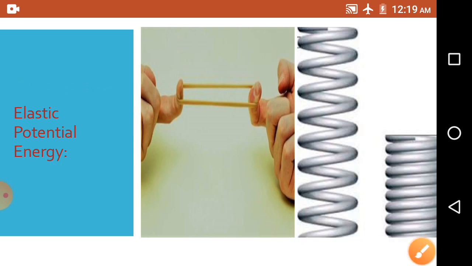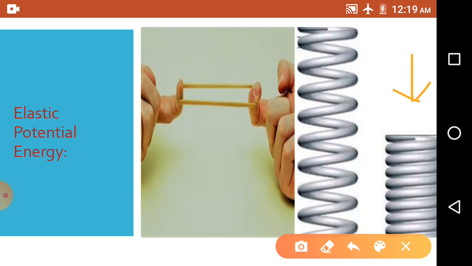The same thing is true for springs. This one is the spring in the equilibrium state, that means there is no force. But whenever we push the spring, it comes to this kind of shape. Now the spring is able to get back its original shape, and there is a restoring force working on the spring. Whenever the spring is at this position, it is able to exert a force and do some work. So it has some energy, and that particular energy is called the elastic potential energy of the spring.